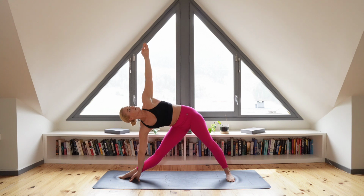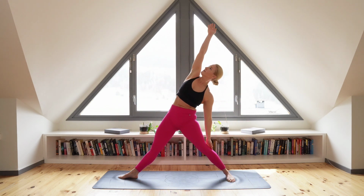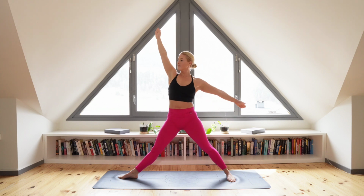One more deep breath in here, and as you exhale, engage your core, lift the upper body up and continue the stretch as you reach your right arm back behind you, keeping your spine in alignment with your legs. One more deep breath in here, fill your lungs, and as you exhale, returning back to center through the arms,